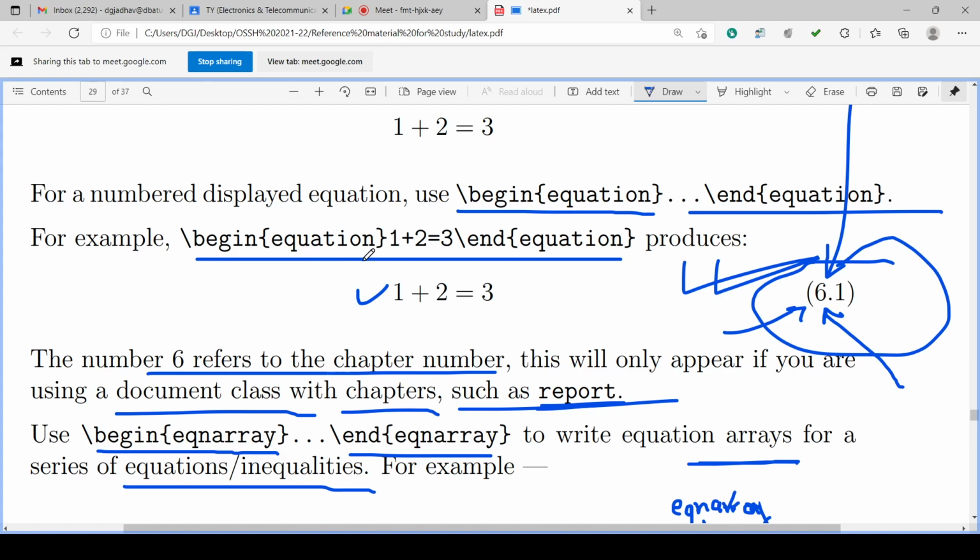Begin equation 1 plus 2 equal to 3, end equation will produce 1 plus 2 equal to 3, and its number is also there. If we are using chapters, it will take the chapter number dot equation number, like 6.1, where 6 is the chapter and 1 is the number. And if there is no chapter, it will take only the number.